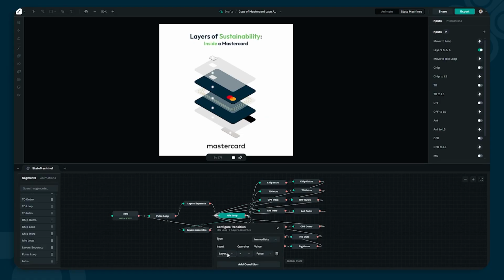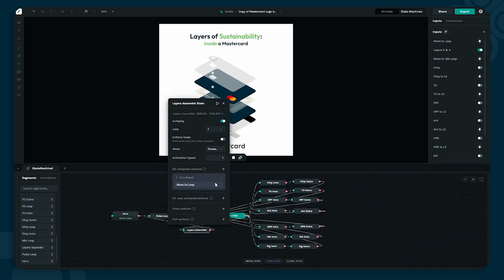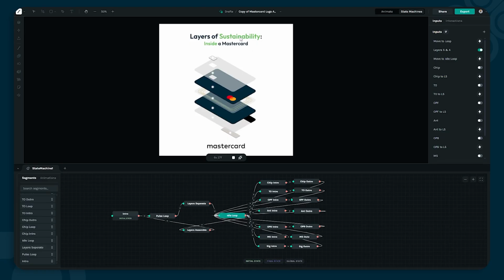I'm using this layers S and A event. So if you click on any of these layers 1, 2, 3, it will fire an event called layer S and A. That's just going to make it false. Then I'm using that to transition into this particular state. So let me do that now so you can see what I'm talking about. If I click on this now,